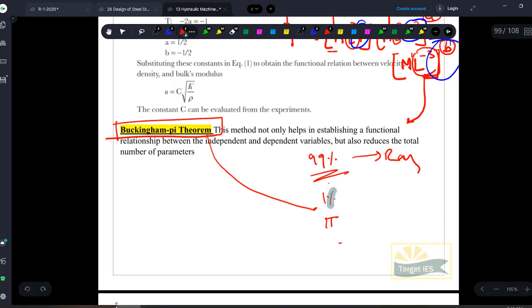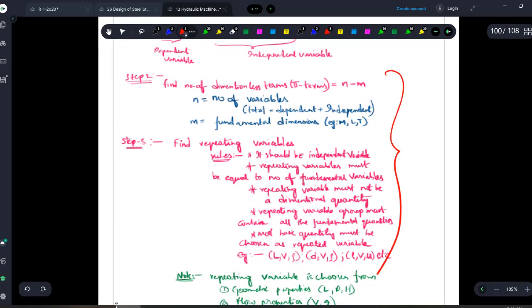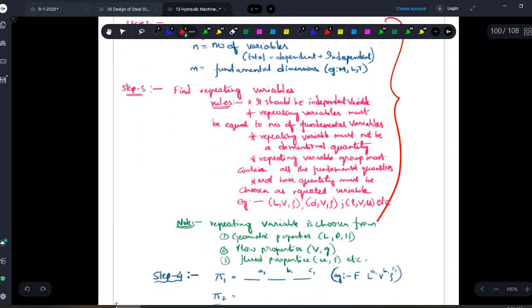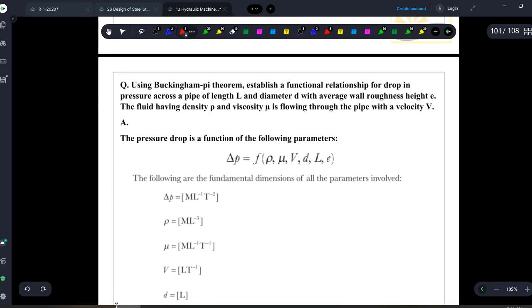No need to worry. A full question can't be given to solve using Buckingham pi theorem because more variables are involved, so it takes a lot of time. So in short, I will explain here only what we do in Buckingham pi theorem. Okay, एक example देख लेंगे, उसके बाद मैं theory पढ़ा दूँ. I will teach you this theory later on, similar to Rayleigh's, and you will easily understand. So let us see a question.